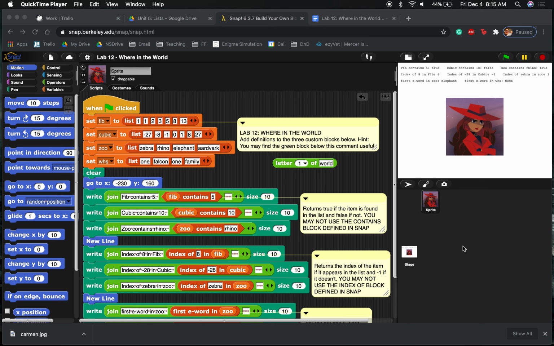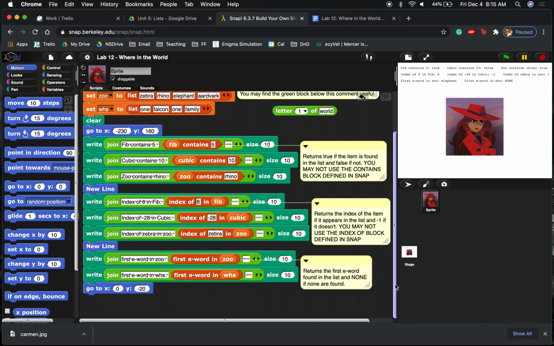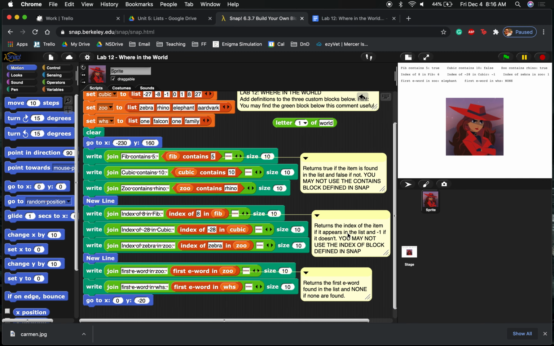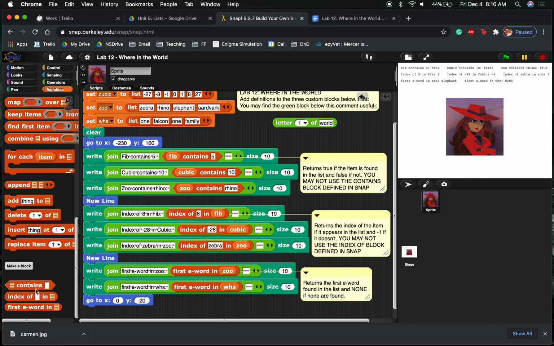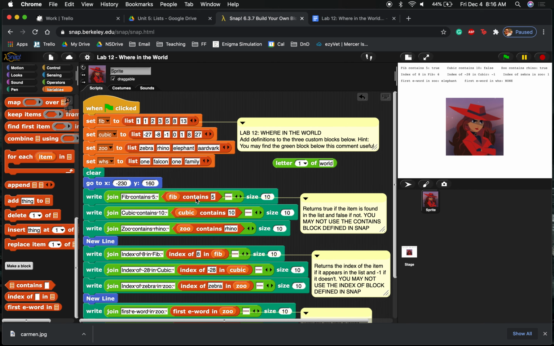So what we're looking at here is the start of the lab. Every student gets to start with this document, and it shows the three custom blocks we're looking for. One is called contains, one is called index of, and one is called first word. And you'll notice if I go over to the variables category, I've got these three custom blocks defined right down here. And this is my version, which contains the solution,